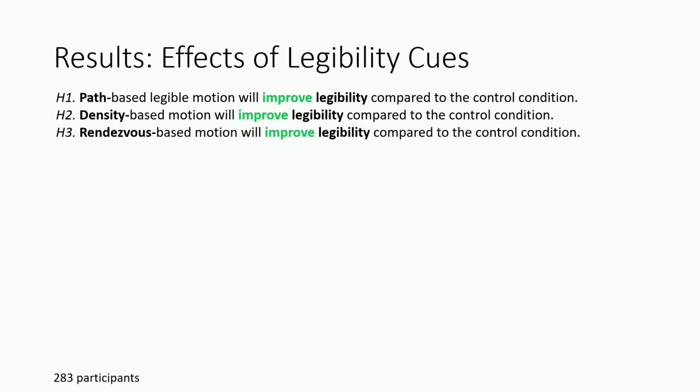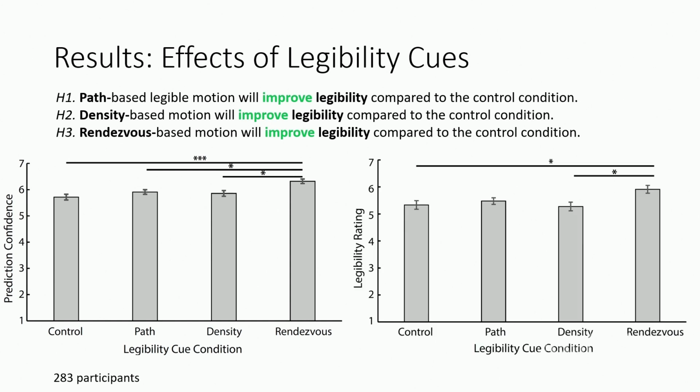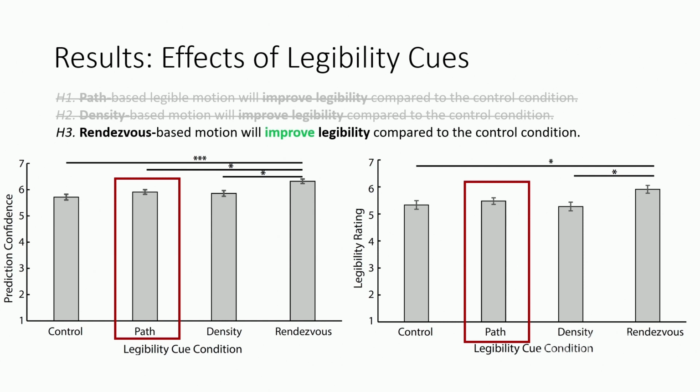So looking at the results for legibility cues, we saw that for both prediction confidence as well as self-reported legibility rating, only rendezvous behavior performed significantly better than the control condition, thus supporting only our third hypothesis and not the others. And this is surprising, especially for path-based legible motion, as it has been shown to improve legibility for a single robot. This suggests that perhaps even just increasing the number of robots improves legibility, but